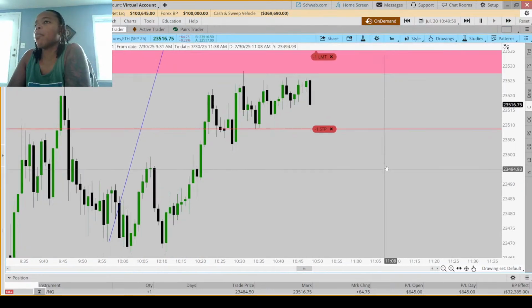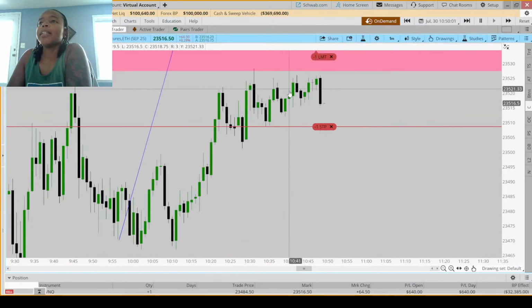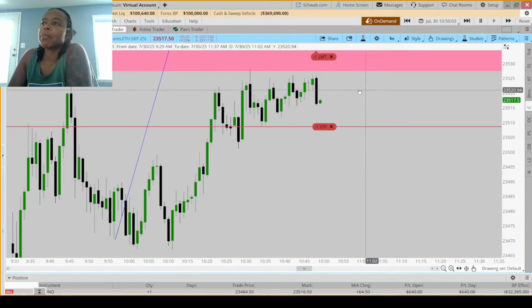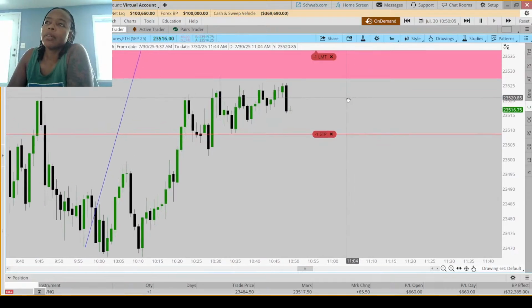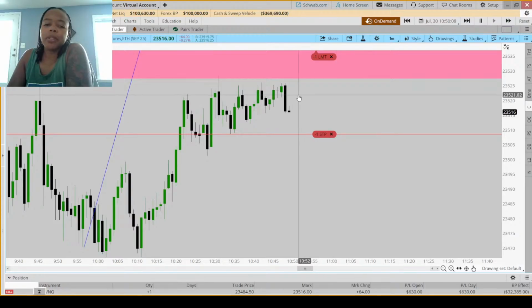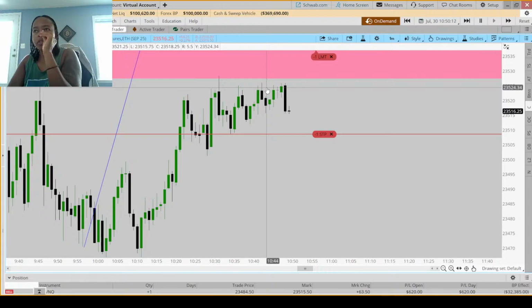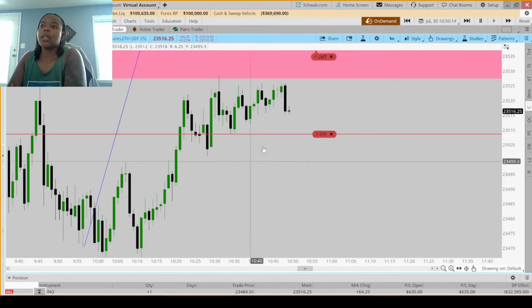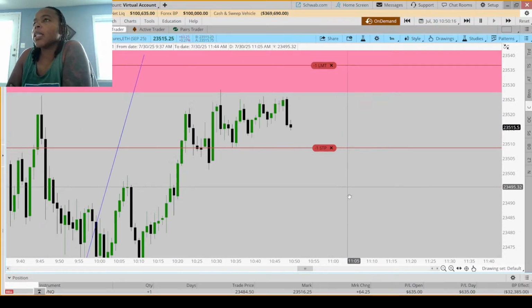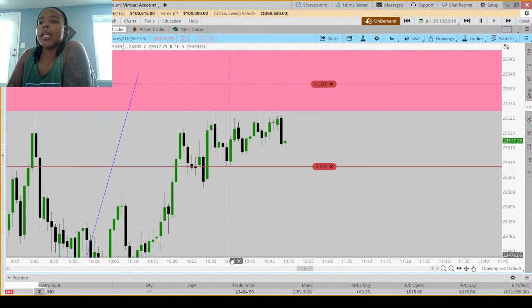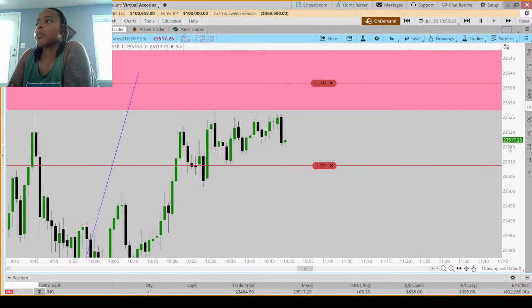If I leave the stop where I'm supposed to leave the stop, the thing is, the fact that it's struggling here doesn't make me feel very good. Like the setup for this would make me feel very uncomfortable. So that's why, once we moved up here, I would want to make sure that I've locked in at least halfway to the entry from here.